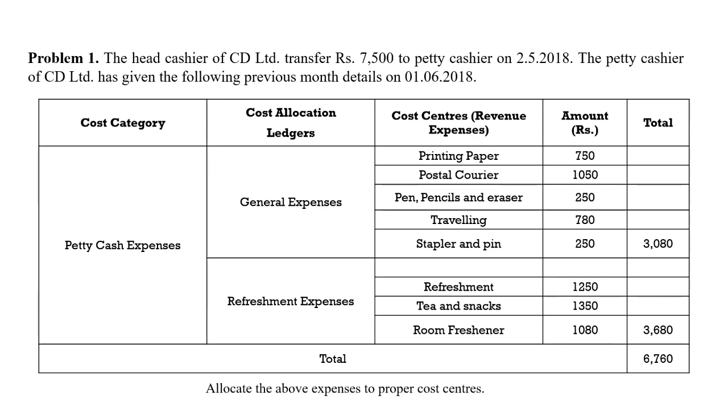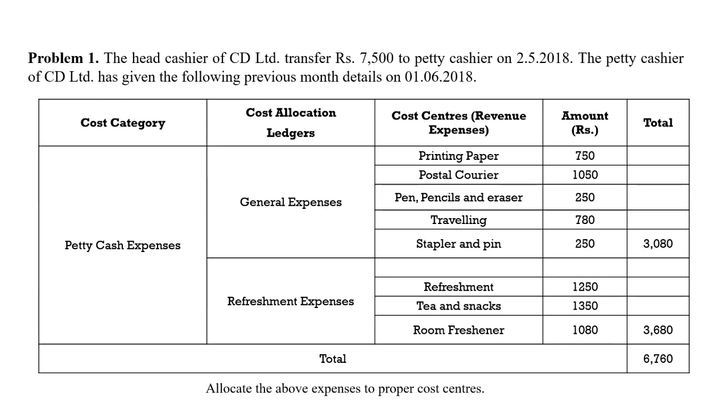So now you look at the cost category. In the first column, it says petty cash expenses. That's the cost category, whatever I have said just before. Now, transactions can be allocated to cost centers, not to cost categories. So why are cost categories being created? If you look at this table, you can identify that a cost category requires